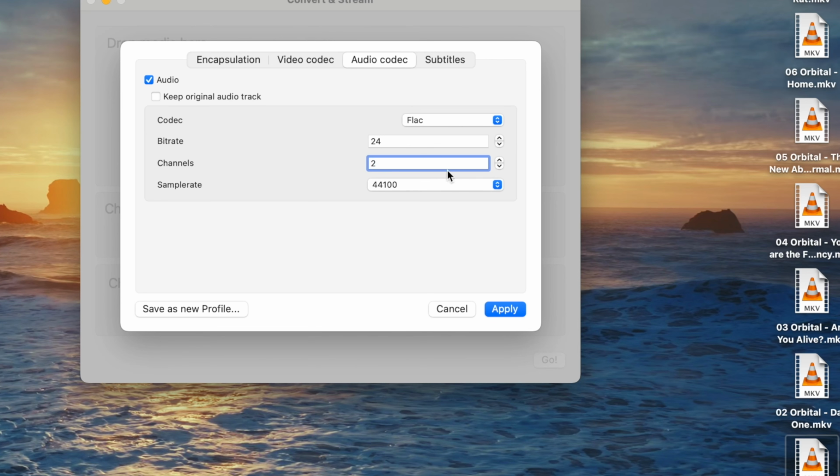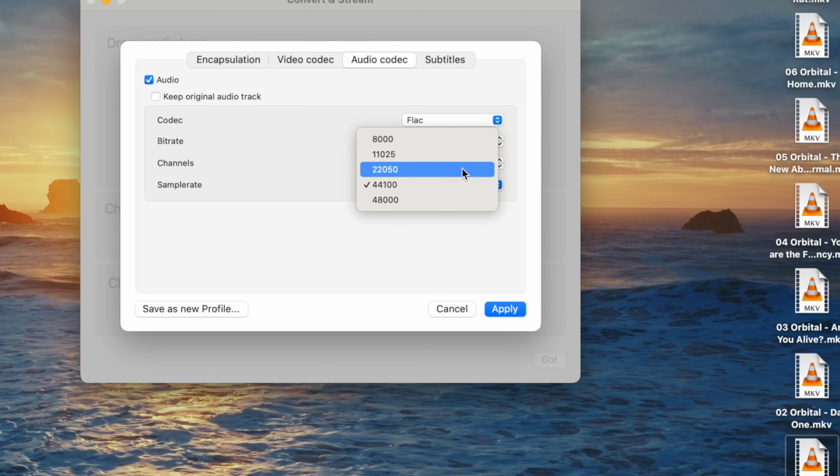It doesn't affect the audio quality. We have 2 channels here, meaning stereo, and the sample rate, at the moment it's 44,000, but we want 32,000 because anything over 32,000 won't be able to play on my music player. I'm not sure about your music player and its specifications, but for mine it needs to be